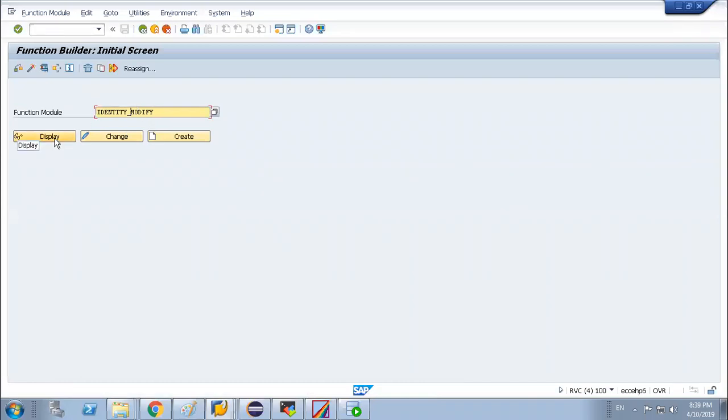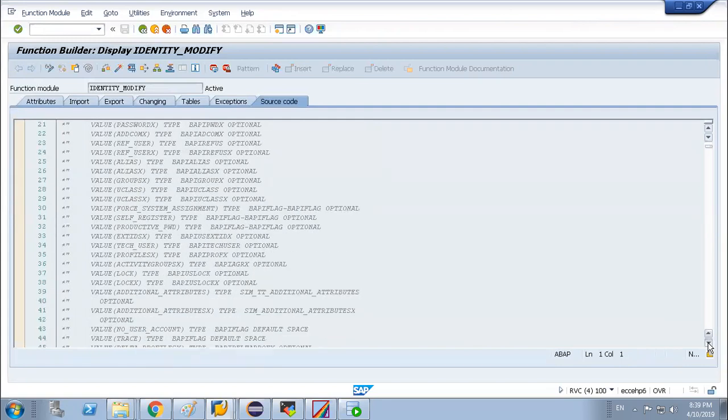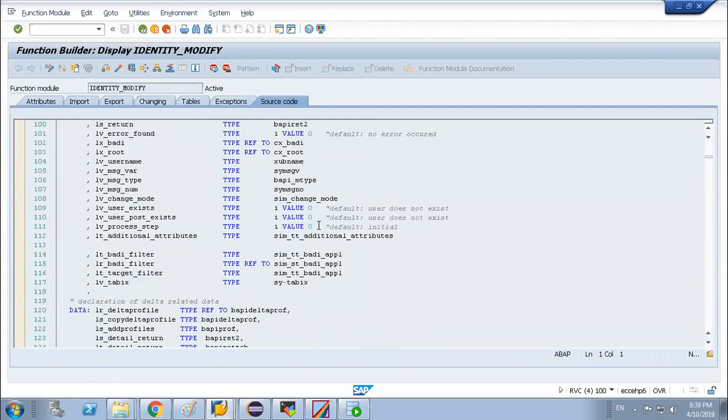Identity modify, it will trigger when you update that HR_COMMUNICATION function as a privilege. It will trigger this function module in the HR system to update your info type 0001 and 0010 based on their partner. This is the function module which is used in order to update that one.